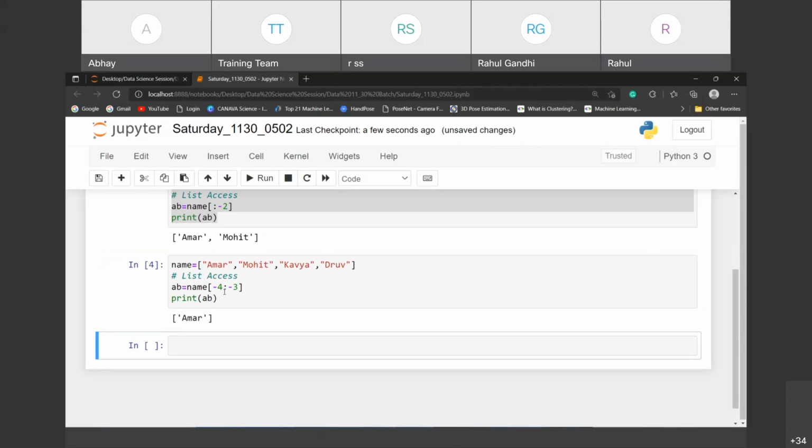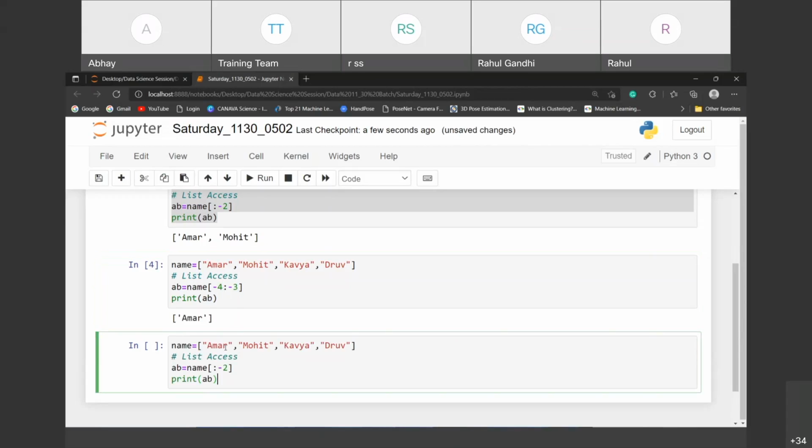But one thing you missed here: suppose I'm taking one positive and one negative index, that time some kind of difference we got. See what I'm saying, 1 is there and I'm passing here -1. So should I get this one answer? Who is at 1 now? Mohit, no. And -1 is Dhruv.